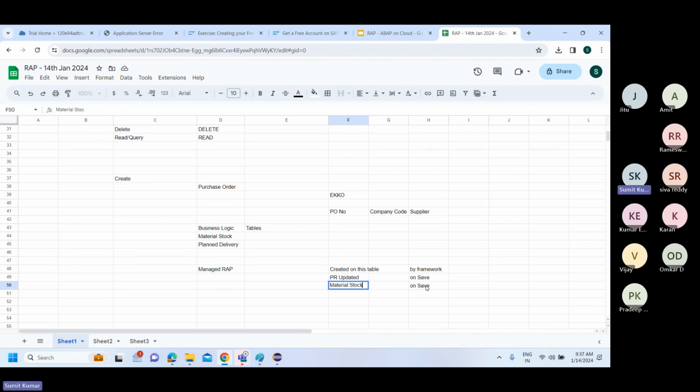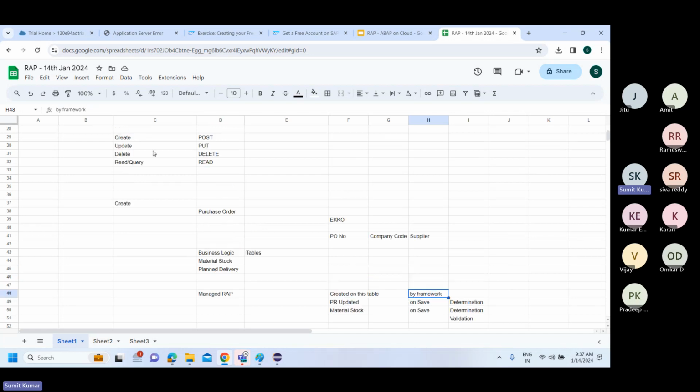Correct. So all these things you will write one by one, and all these things you will prepare. And you will ultimately add some sort of a determination for this. You will also say what are the things which should be done and what are the things which should not be possible. You will write a validation for that, and you will ensure that the whole business logic is written. But for all those things which are available by default, like what all things should be read only, what are the things which should be mandatory, the framework will handle it. The framework will handle the CRUD operation as well,